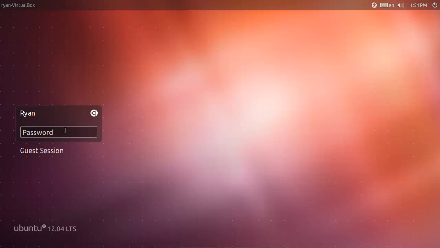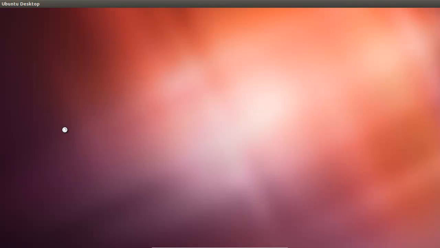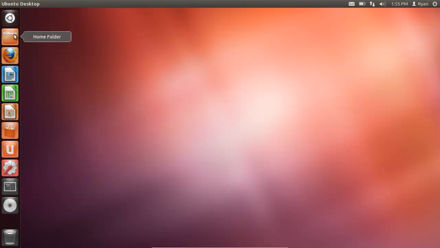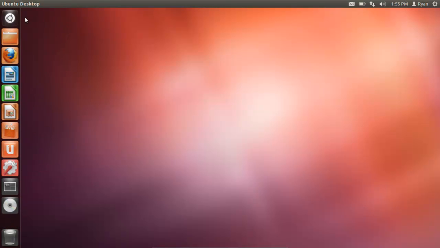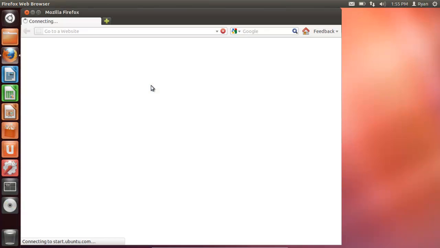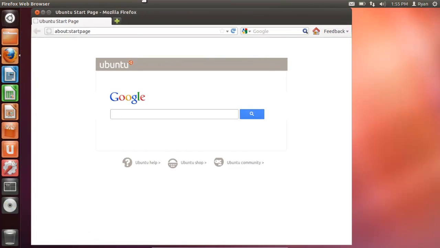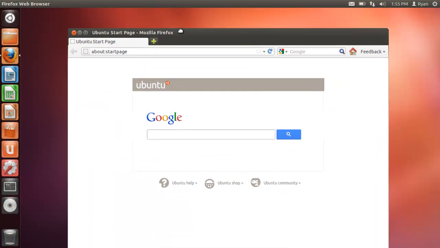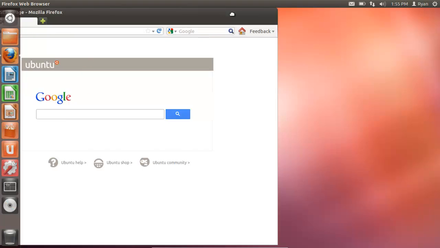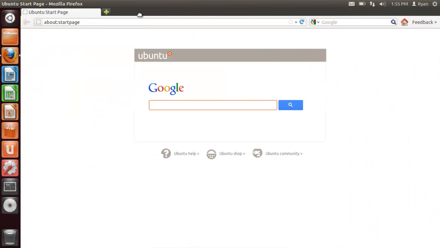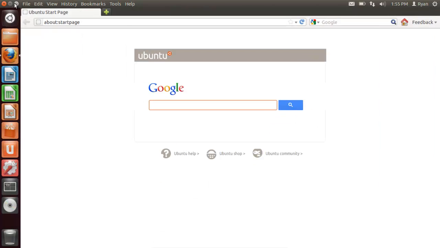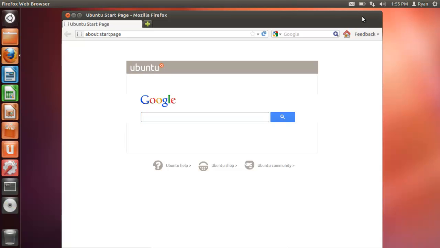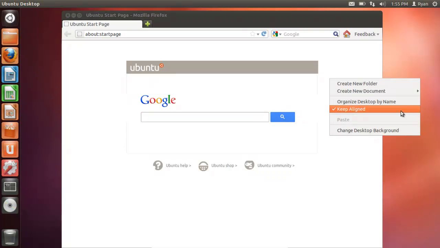And then if we re-log in using 3D, enter my password. Now once Unity starts up, you'll see by the slight glow of the pinned apps that it is now in 3D mode, I believe. So if you click an app, it shows the slight glow activation, similar to Windows 7. So it has snap windows, snap to maximize, but what is not working for me,